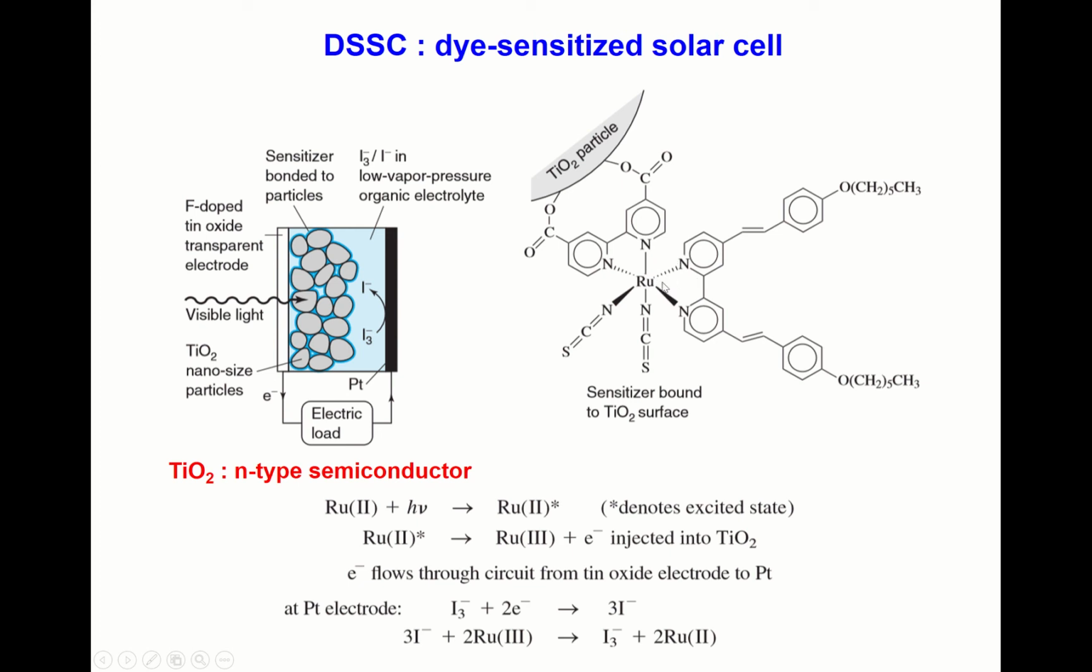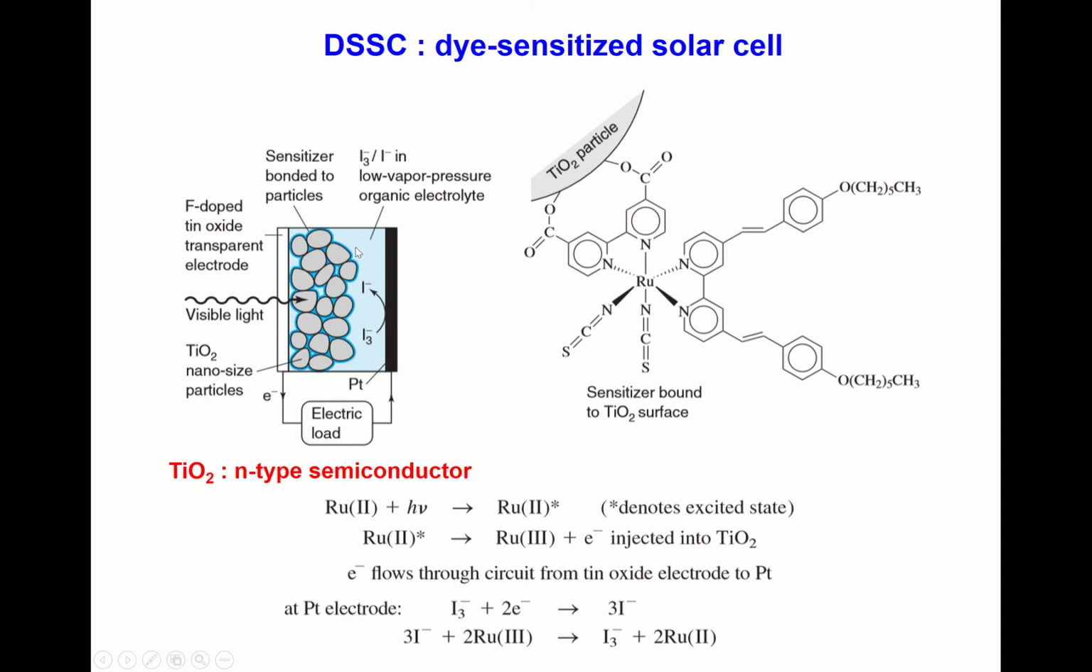Okay, and then the electrons generated from this sensitizer are now injected into the conduction band of these TiO2 nanoparticles, and then eventually the electrons go to this FTO, the anode. Okay, and then through the external electrical circuit, the electrons are moving toward the cathode. Okay, on the cathode, electrons should be